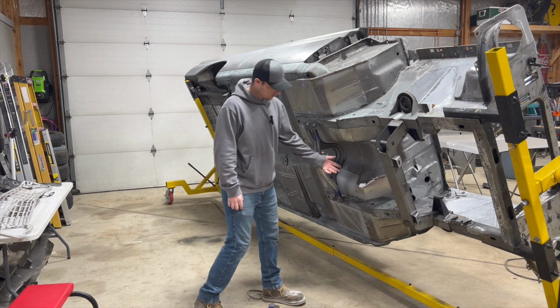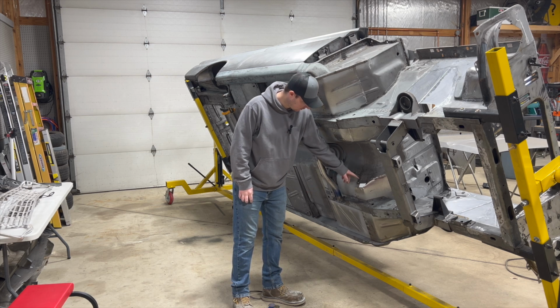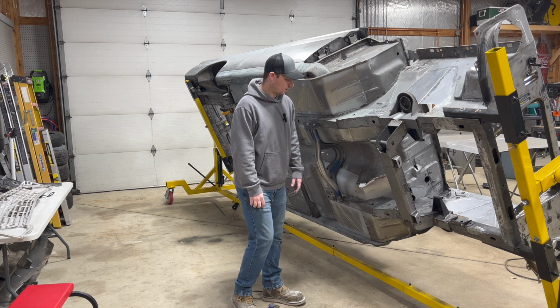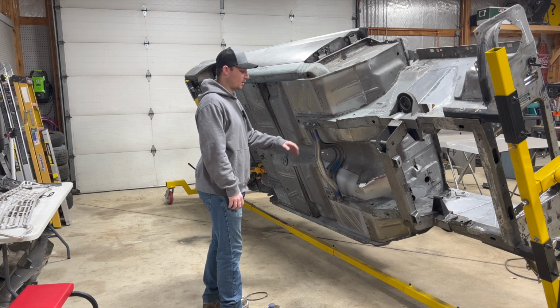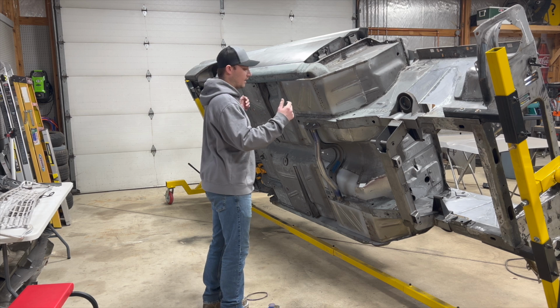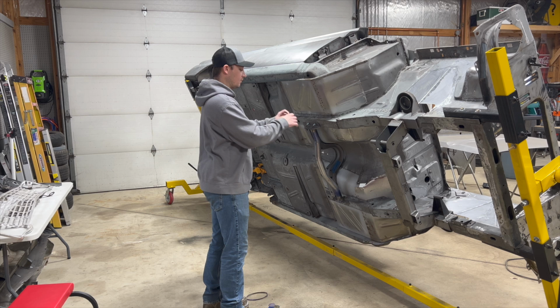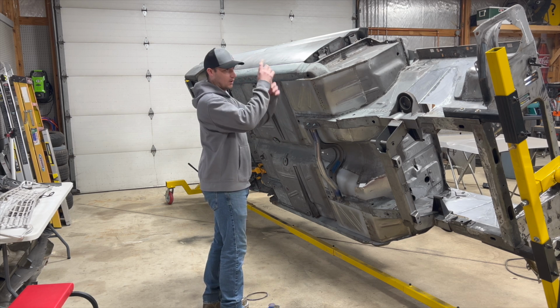So I put in these floor patches probably last year, and I still have a bunch of spots that I didn't actually fully finish doing. Because I had the car on a frame table before when I did all that stuff, and I wanted to wait till I was on a rotisserie. When I got the car off the frame table, put it on a rotisserie so I can spin it around and be able to get to this stuff a lot easier than laying underneath the frame table and welding overhead